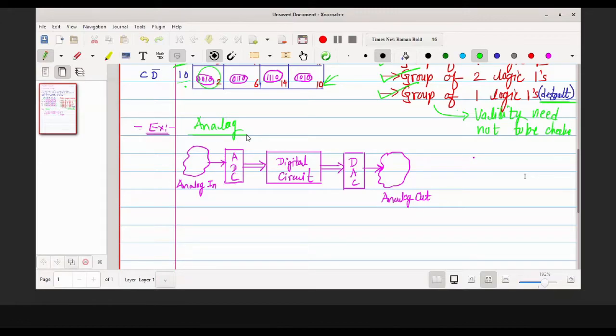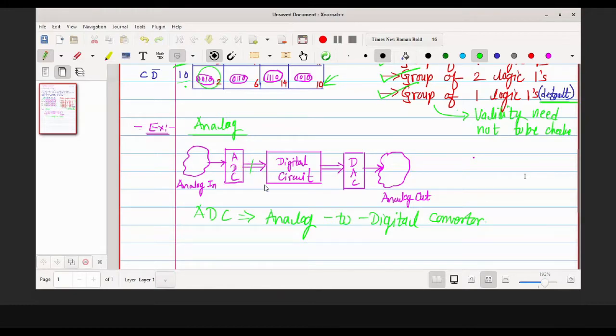It slowly increases or decreases. So therefore it is an analog type of information, so we are working with an analog input. We need to convert that analog input to digital. There is a device which is called an analog to digital converter, that is, in short, called ADC. Then we have the digital information over here.